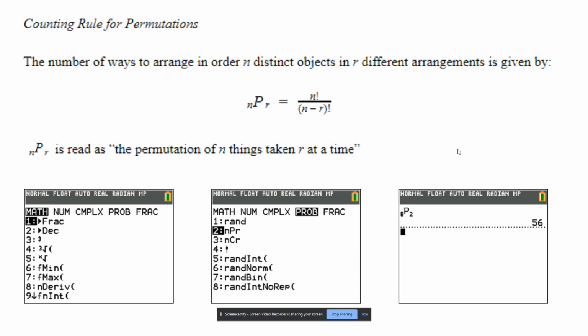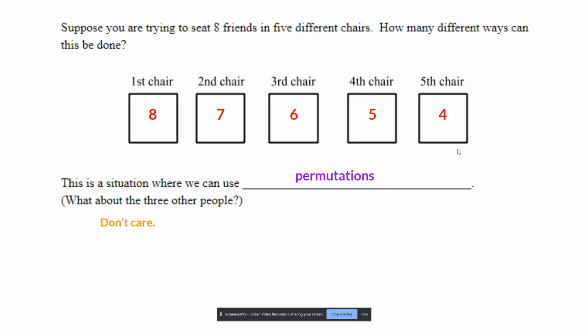Now, the notation for this is you have 2 subscripts, an n and then a capital P and then a subscript r. And you read this, the permutation of n things taken r at a time. So this is also on your calculator. If you go to math, move it over to prob, and it's number 2, you can type in the numbers 8 and 2, or in the case that we have here, the 8P5, or 8 things taken 5 at a time,